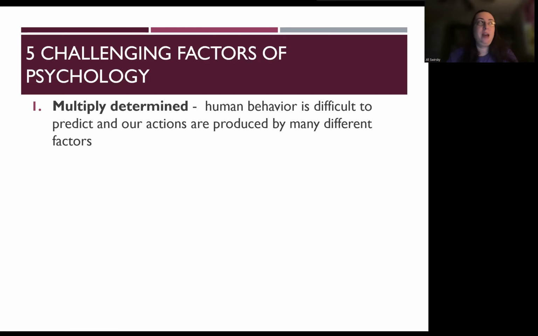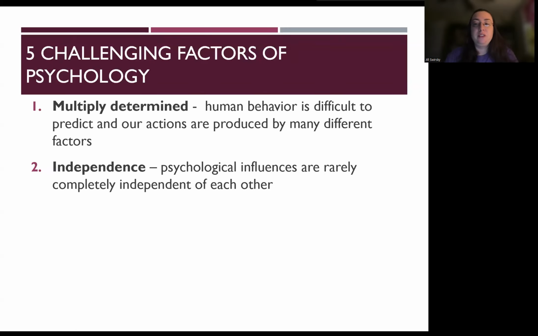Another example is violence. Say we have a violent individual that we're working with. Maybe the individual's parents had some violent tendencies, so there's some sort of a genetic component. Sure, that makes sense. Maybe also this individual grew up watching their parents respond to stress with violence, and so they lived in an environment where they learned that violence is an answer. So is that nature? Is that nurture? What are the reasons behind the person's violence? It's very difficult to pin down where and why behavior comes from, and it often comes from multiple sources. It is multiply determined.